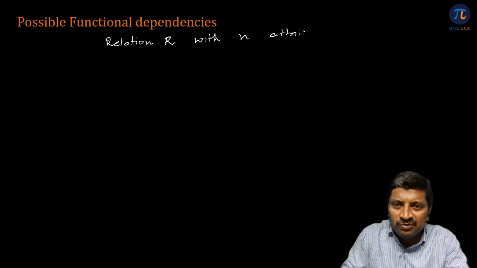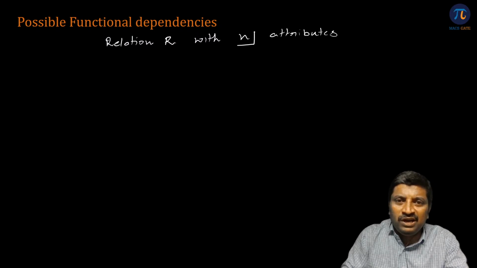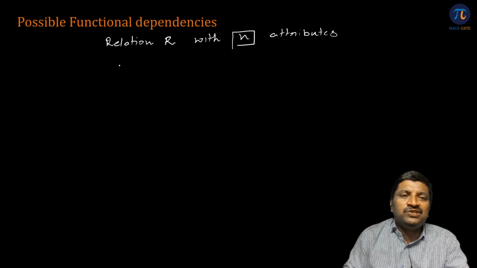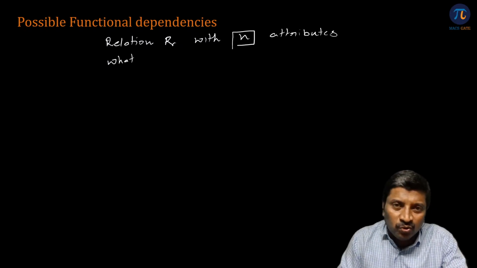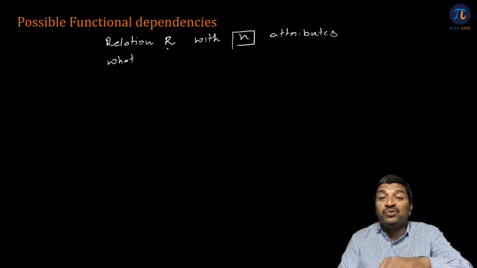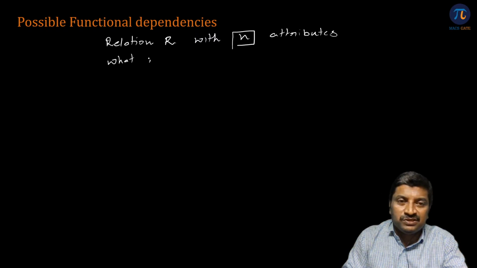So the n value can be 2, 3, depends on that. So let us suppose I have n number of attributes. What is the number of possible functional dependencies? Sir, they may be whole or they may not be whole. I don't know. First of all, I need to know what is the number of possible functional dependencies. So what is the count of